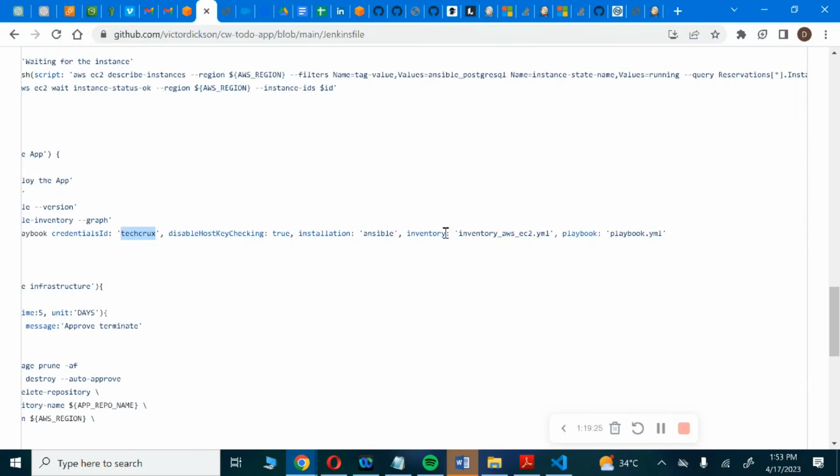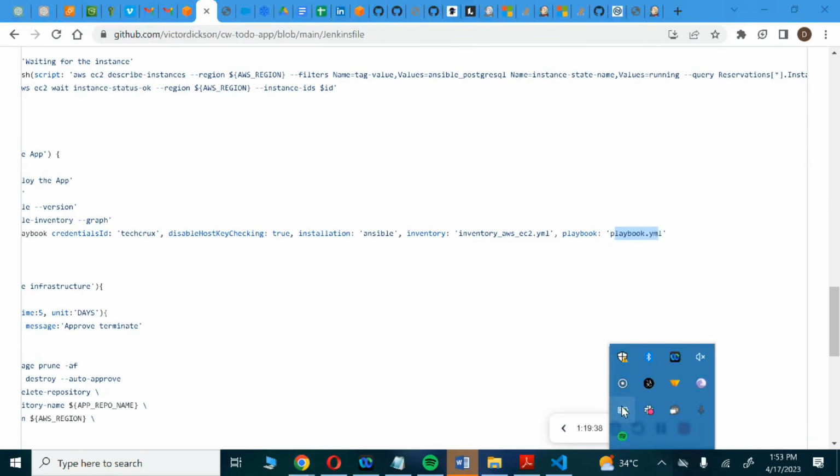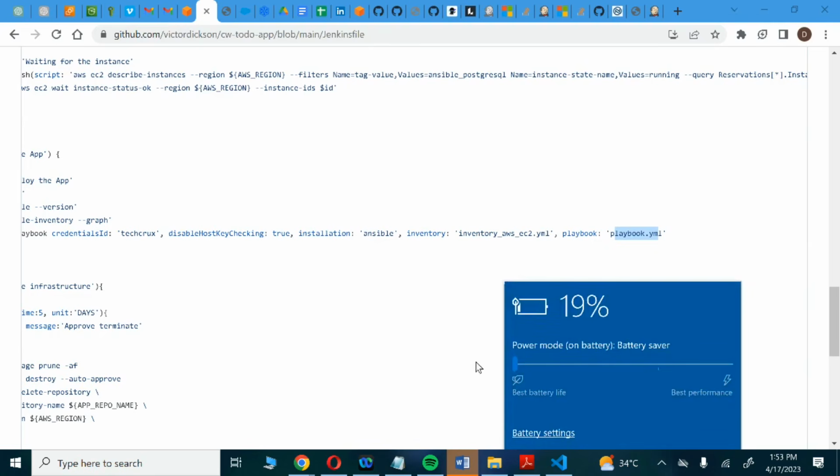Then we need to indicate our inventory file, where we then indicate our playbook. So what it will now do is start running through the playbook. It's slow, it's slow, but let me just